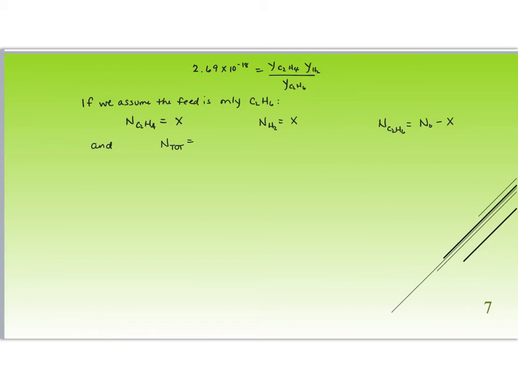My total number of moles will be the number I started with, plus I've made 2 x's, lost 1 x, so plus x. And so therefore, in terms of the single variable x, the extent of reaction, we get